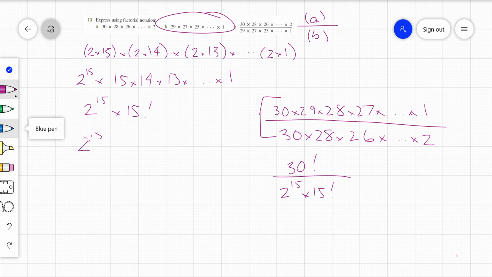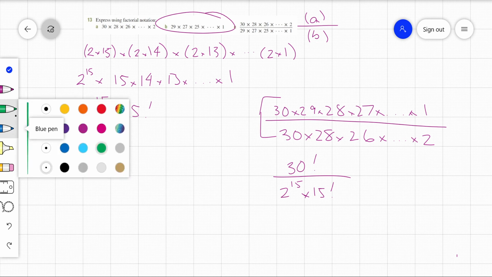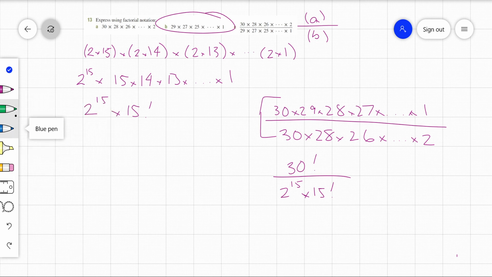Let's try again. So we've got 2 to the 15 times 15 factorial, there's our A. And we're going to divide by this here, actually. So instead of dividing, I'm going to times by the reciprocal. That's the same as dividing. So times by the reciprocal